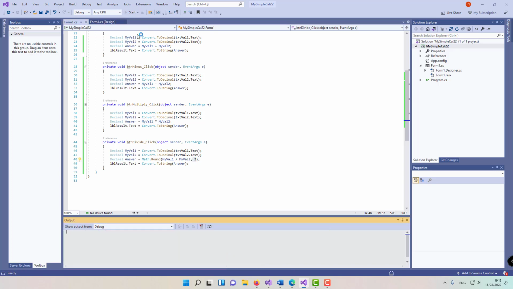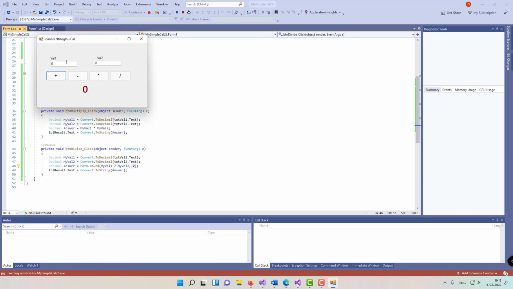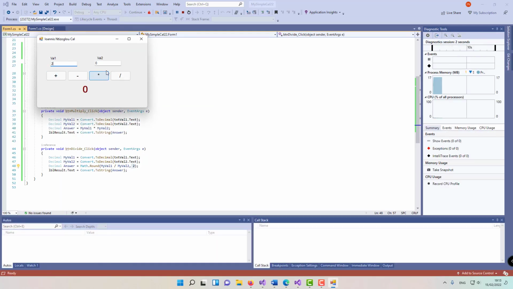Let's try now. Let's start. Let's say here 2. Let's say here 3. As you can see here, we have 2 decimal places. So if I put here a different number, still we have 2 decimal places. Okay, so this is how you create a simple calculator by using C# and Visual Studio